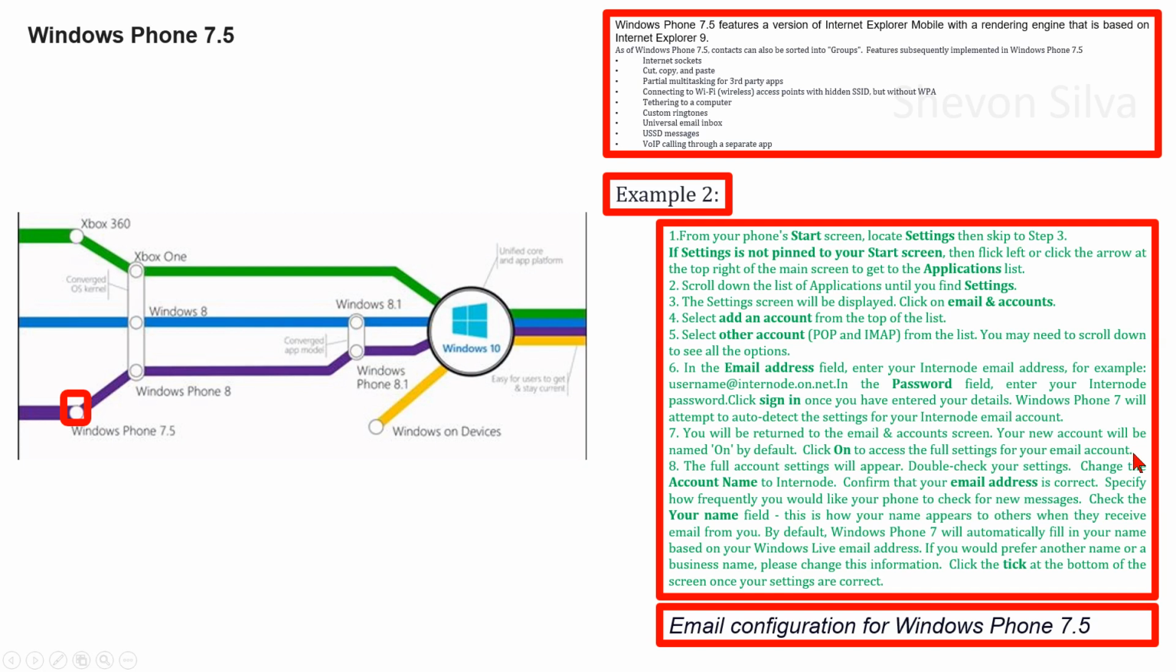Step 7, you will be returned to the email and accounts screen. Your account will be named by default. Click on it to access the full settings for your email account. Step 8, the full account settings will appear. Double check your settings. Change the account name to Internode. Confirm that your email address is correct. Specify how frequently you would like the phone